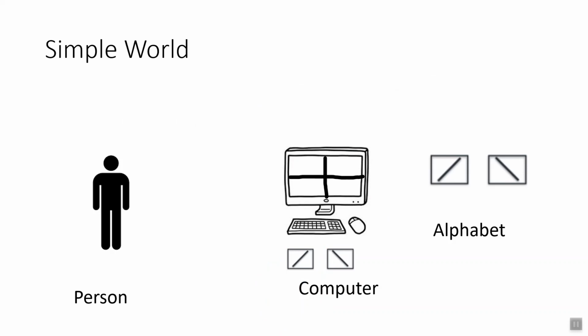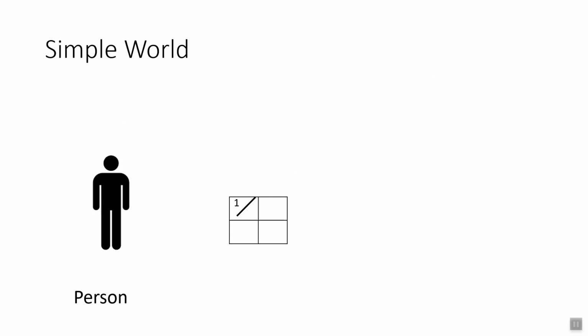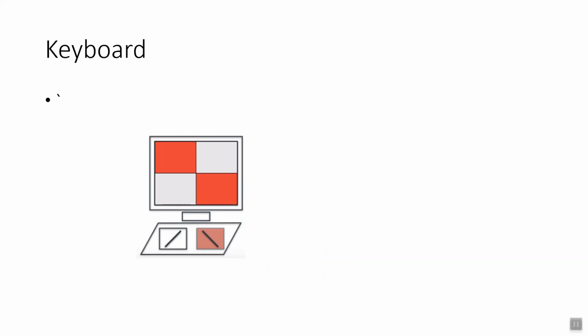So in this simple world problem, the conversation is very simple. A person is going to use a backward slash and a forward slash. Using this simple game of backward slash and forward slash, it gives a very simple conversation. It is like just calling out a backward slash or forward slash to give the output. So let us see what happens when we use the keyboard in this world.